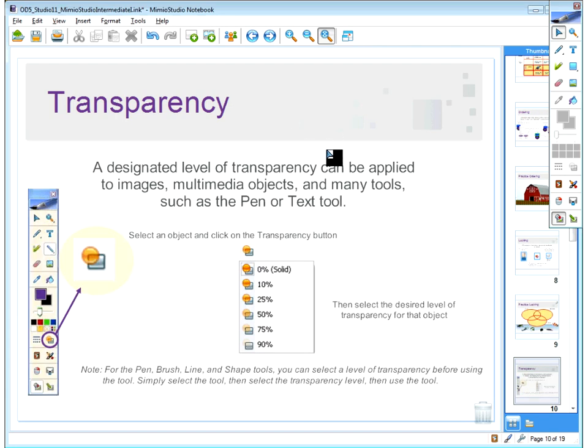Transparency is a way to affect the way that your objects and drawings and shapes and things like that are viewed and how they're visible. This is a designated level of transparency that can be applied to images, multimedia objects, and many tools like the pen or the text tool. The way that you would set the transparency is you select an object, and then you